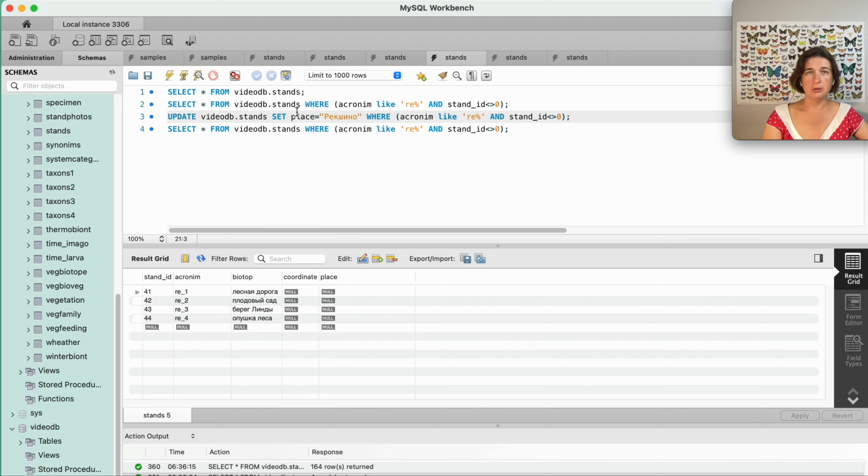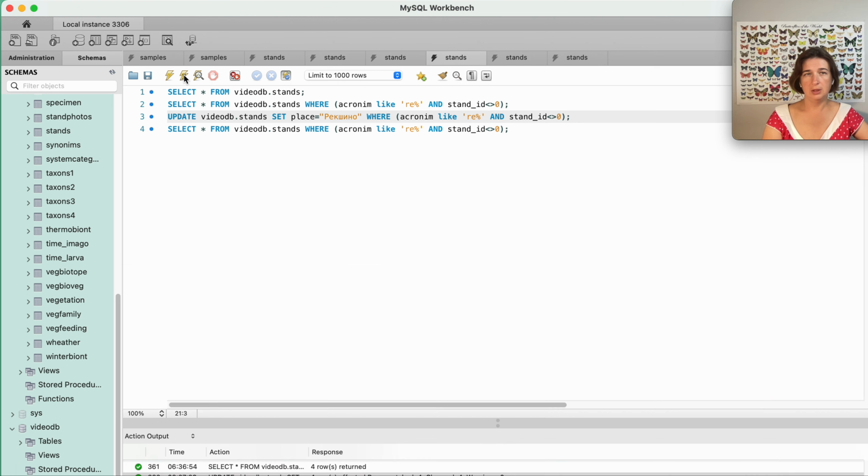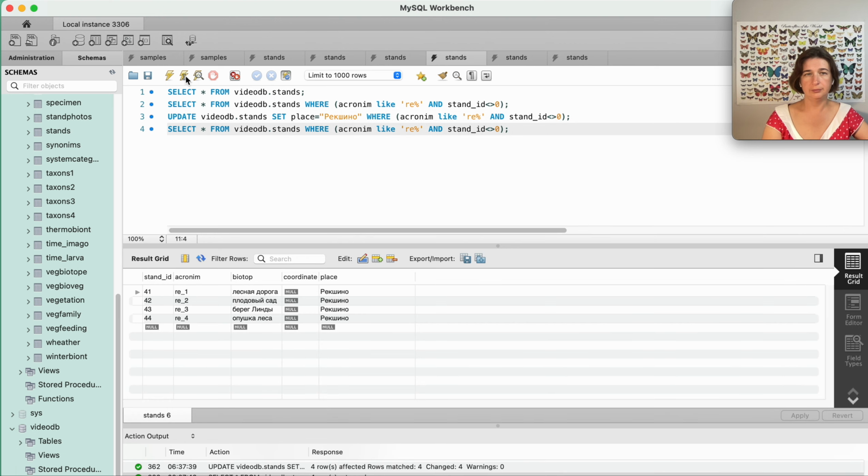First we look at what happens with selecting, then we change the values, and then we apply the same select, and we saw that the place column became actual.